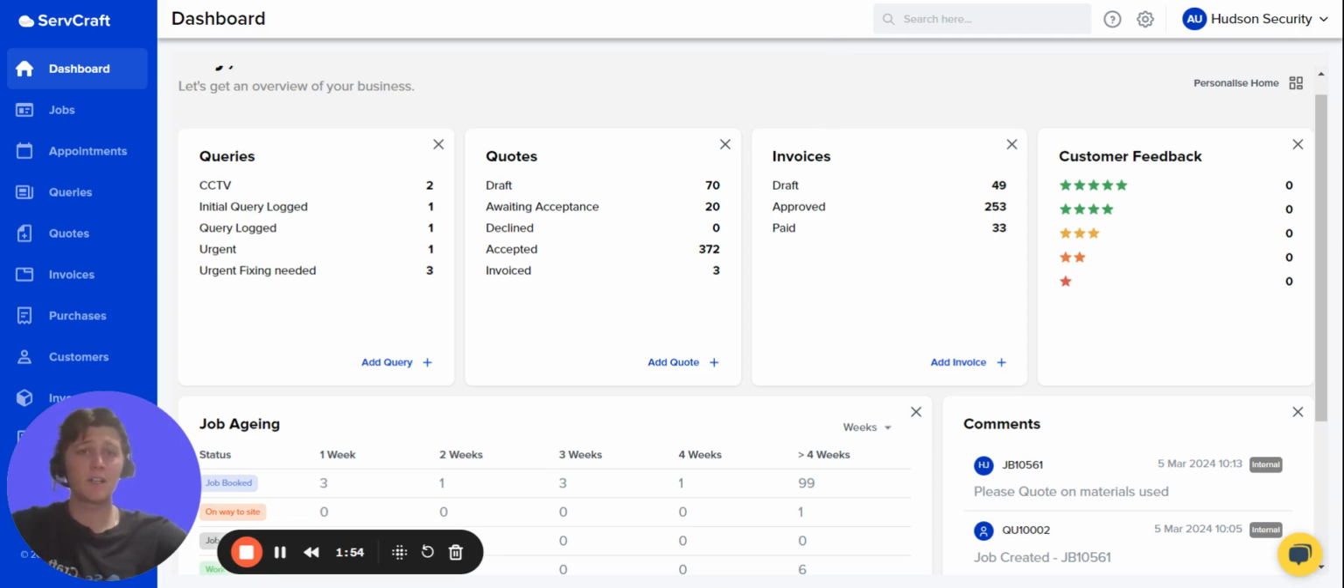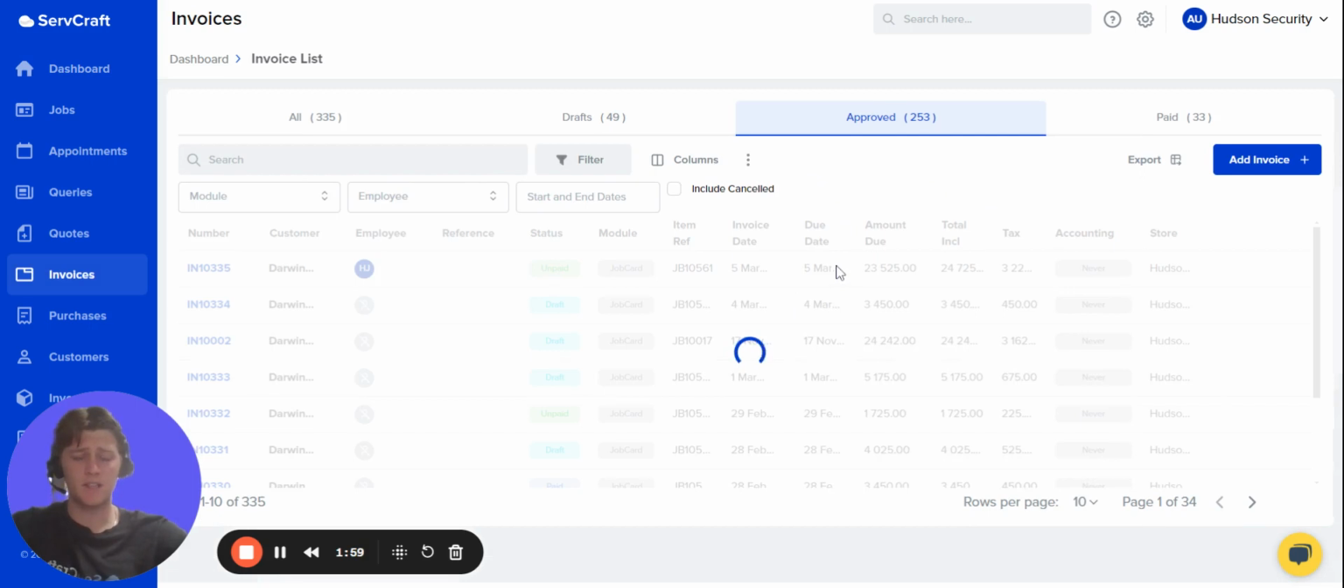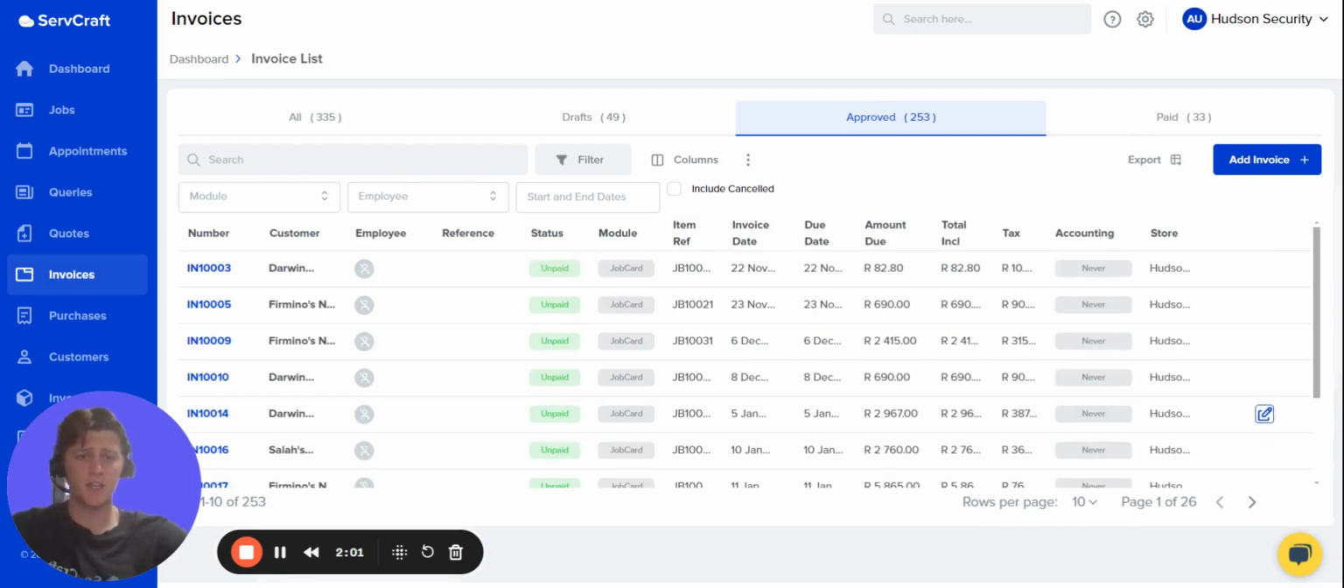So I have to go and look at these approved invoices and see exactly why they haven't been paid as of yet. Going back to our dashboard,